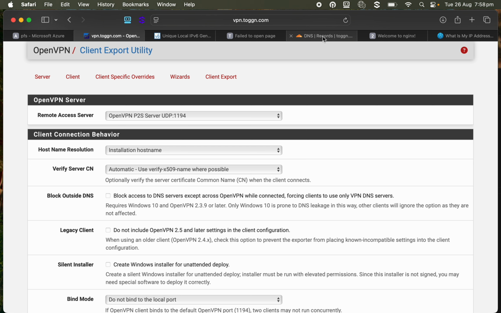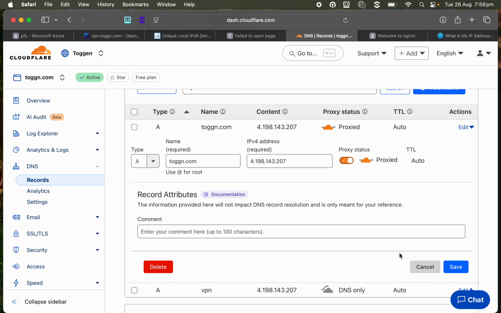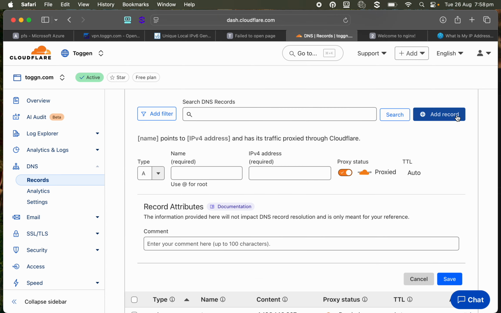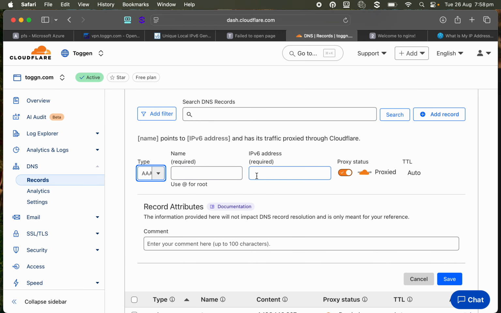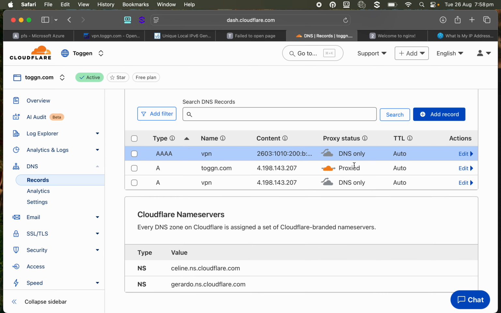Now that might not be the best thing for us. Let's double check. We might just go into our DNS settings here and just cancel that. So we haven't got a record for the external interface for our VPN server. So we're just going to add that, and we don't want it proxied because we want it to talk directly to that interface. So we just save that. So we've got